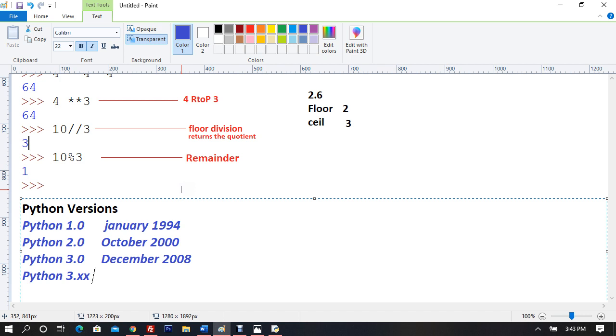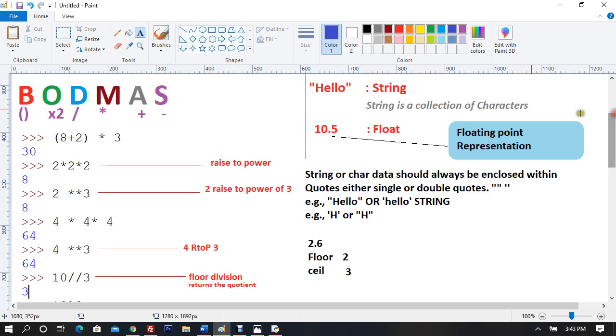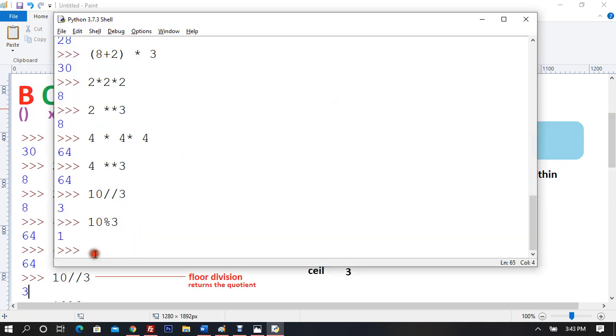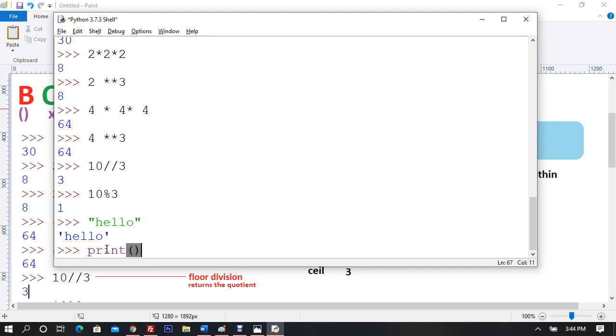So I hope you have understood this part of the thing, right? And let us see. Okay, let's carry on. Now you can see if I want to print something, I say I want hello. What am I typing here? In quotes, it is string. Yeah, absolutely. Now string is printed. Now if I want to print, for that I use a function. I repeat, these braces are known as functions, right? Anything that you see a parenthesis attached to is called an inbuilt function.